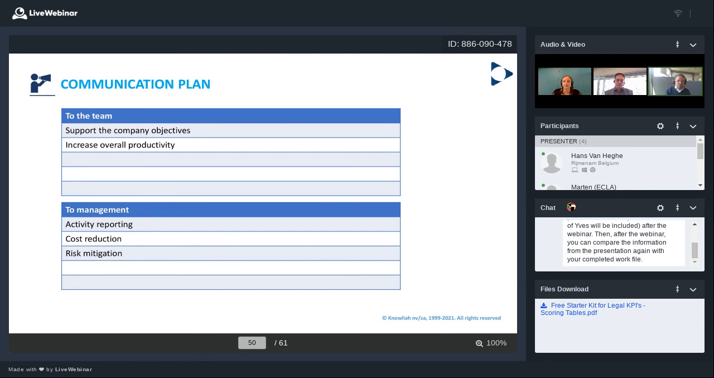And then towards management, like I just said before, you actually have an opportunity. If you're not tracking KPIs today, you have an opportunity to position your department to do activity reporting, that you actually can show to the company and to management what you're actually doing. We constantly hear from legal departments that they constantly have to defend themselves, that they get a question, what are you actually doing all day? That's horrible to